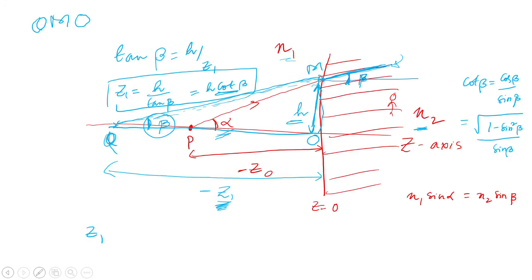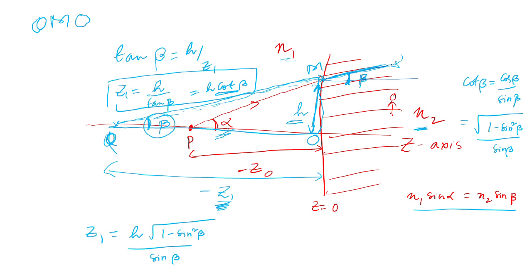Again, we are trying to derive an expression for spherical aberration, but we are trying to start with a plane surface to begin with, and we are looking at the refraction from a plane surface. And we saw that a ray coming from point P at an angle alpha appears to come from a virtual image at Q, which is making an angle beta. This is because of Snell's law, right? And using simple geometry, we are able to derive that z1 is equal to h times cotangent beta, which is h times square root of 1 minus sine square beta by sine beta,